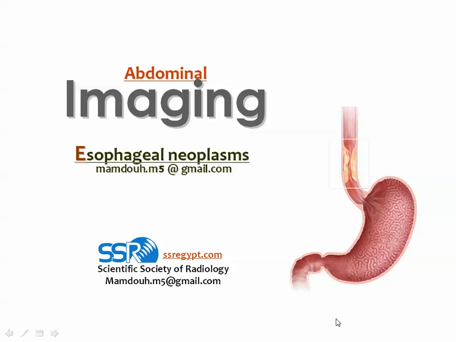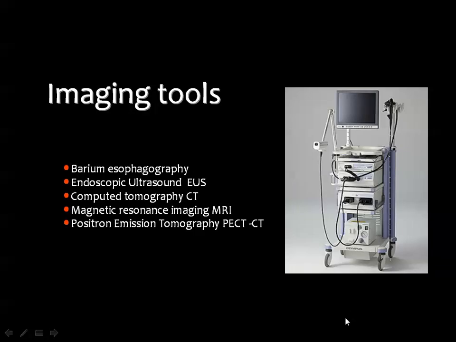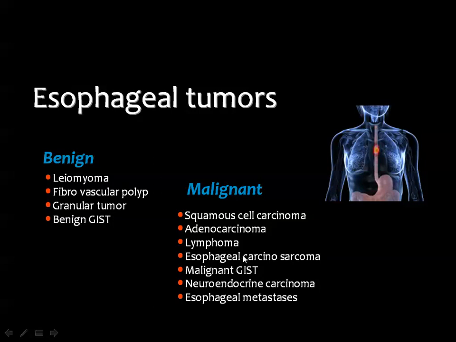As you will know, we have different imaging modalities, including the barium studies, the endoscopic ultrasound, CT, MRI, and the PET scan. Esophageal tumors are either benign or malignant. The benign lesions include leiomyoma, vascular polyps, granular tumor, and the benign form of GIST, while the malignant lesions, by far the most common is the squamous cell carcinoma, then adenocarcinoma, lymphoma, the carcinosarcoma, malignant GIST, neuroendocrine tumors, and